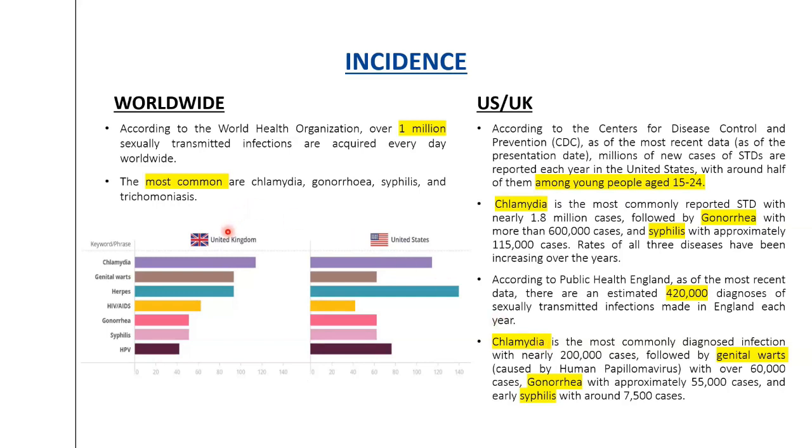Let's see here the UK versus US. Chlamydia is the number one STD in the UK. In the US, herpes is the most common, followed by genital warts. Then in the US, again, HPV is more common. Gonorrhea and syphilis are almost the same proportion on both sides. HIV is more common in the UK than the US, relative to other STDs. So moving to the next,